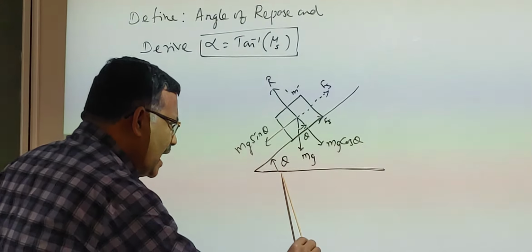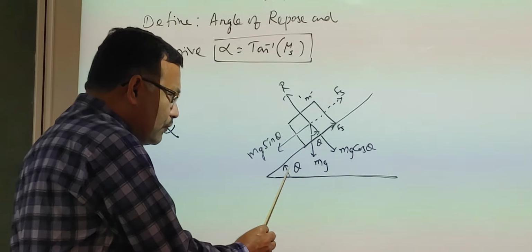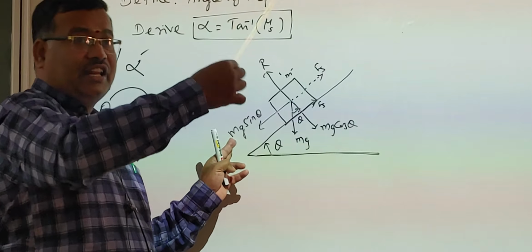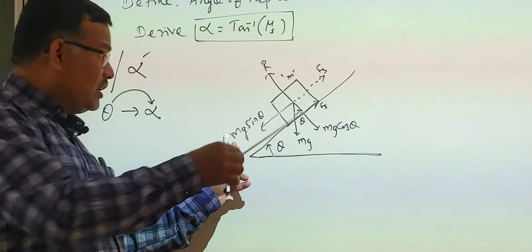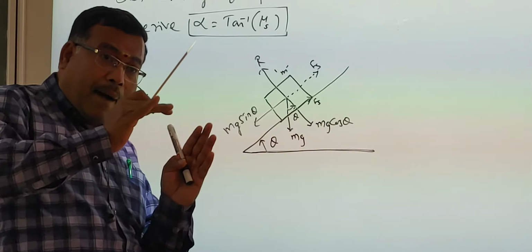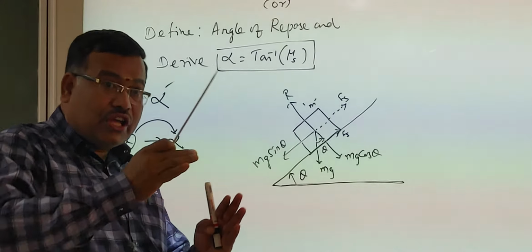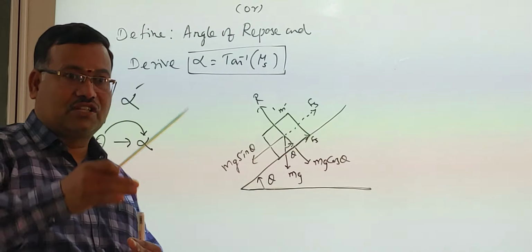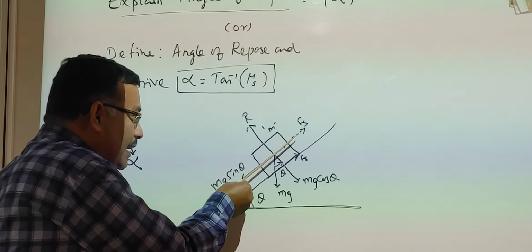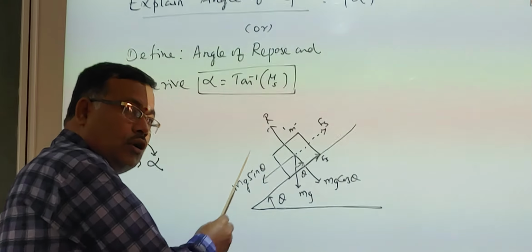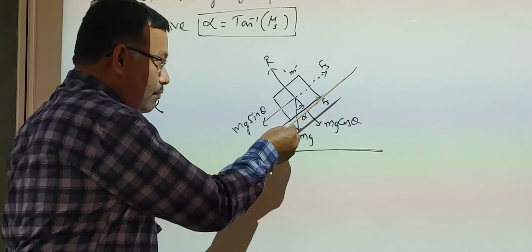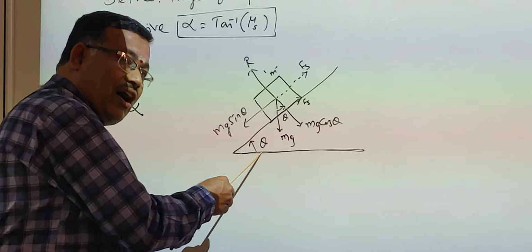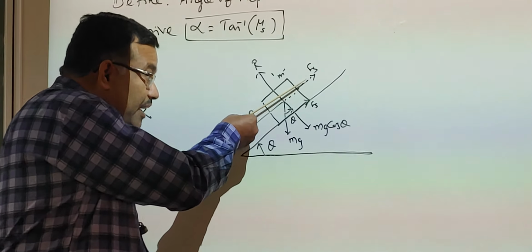Suppose you increase the angle of inclination a little bit, what happens? If you increase theta, in turn the mg sin theta also will increase. In turn the frictional force also will increase, because to every action there is an equal and opposite reaction. But up to a particular maximum value only it will increase. The maximum value of static friction is called limiting friction. If it exceeds the limiting friction, what happens? The body begins to slide down. So when you raise the inclined plane to some angle of inclination, for that particular angle the block begins to slide down.